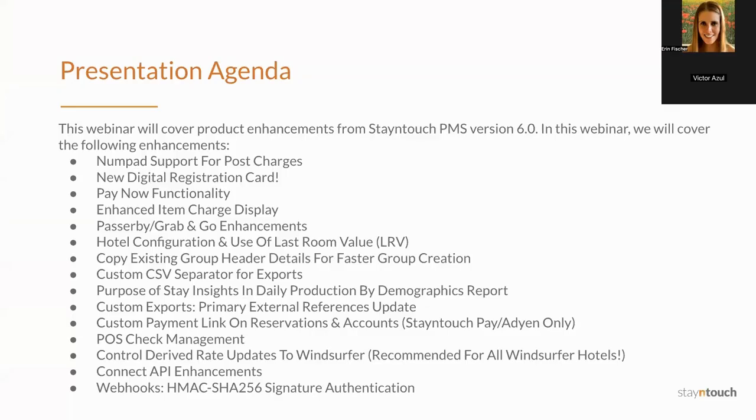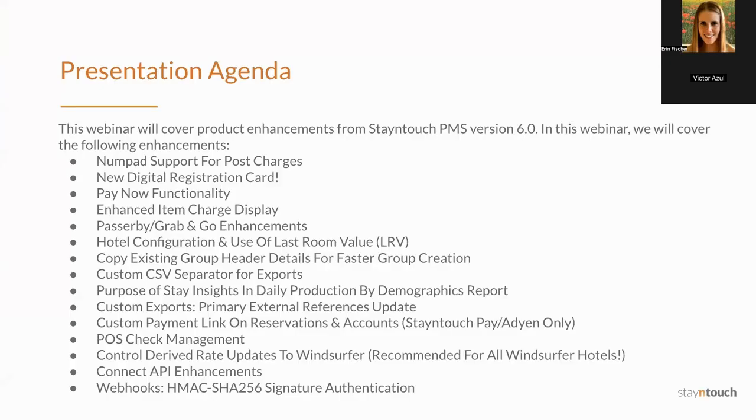Today's presentation will cover how you can get the most out of the Stayntouch PMS version 6.0 product release. In this webinar, we'll cover the following enhancements: Numpad support for post charges, the new digital registration card, the Pay Now functionality, an enhanced item charge display, passerby and grab and go enhancements, hotel configuration and use of last room value, how to copy existing group header details for faster group creation, custom CSV separator for exports, purpose of stay